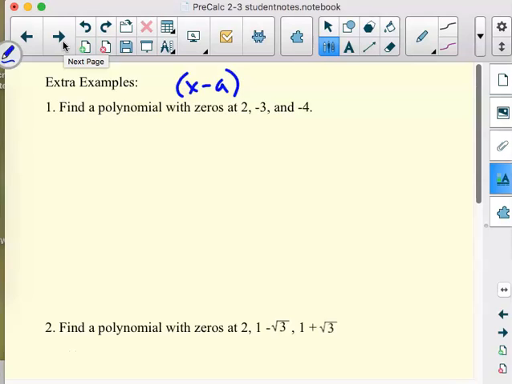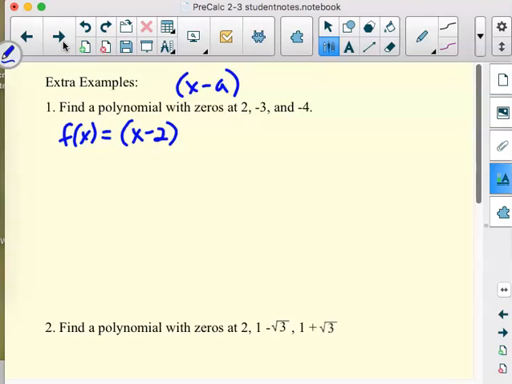So they want a polynomial. It doesn't say it has to be a function, but I'm going to go ahead and make it a polynomial function here. You could just use y, unless it says polynomial function. We want zeros of 2. Well, that had to come from x minus 2 as a factor, because again, those were the zeros, and